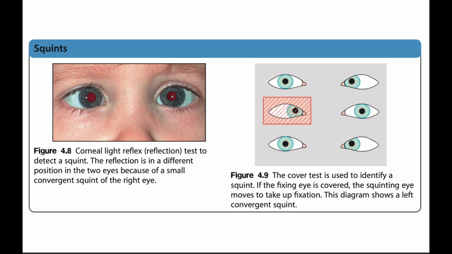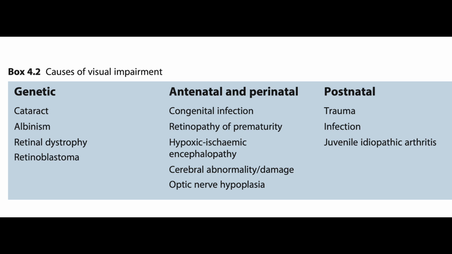The main causes are listed in the box shown. The causes of visual impairment: genetic, which is cataract, albinism, retinal dystrophy, retinoblastoma; antenatal and perinatal, which are congenital infections, retinopathy of prematurity, hypoxic ischemic encephalopathy, cerebral abnormality or damage, optic nerve hypoplasia; postnatal trauma, infection, and